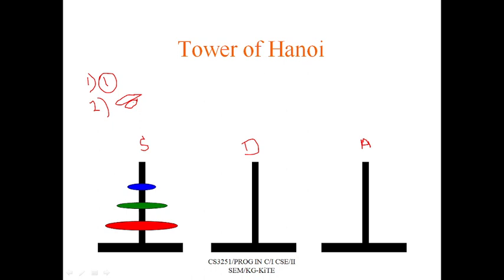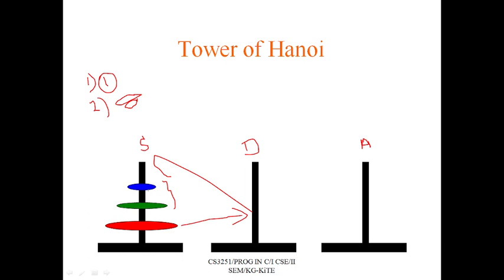We have to move all these three discs to the destination. How to move? We cannot move directly, isn't it? We cannot move the red disc directly to the destination, because these two discs are on top of the peg. In order to move this red disc to the destination, we have to move these two discs to the auxiliary peg. If we want to move these two discs to the auxiliary, we have to follow